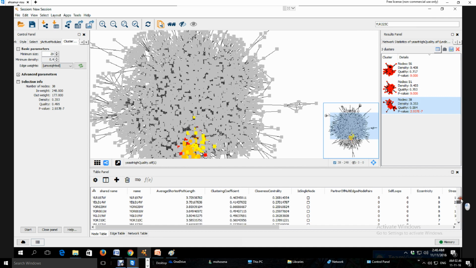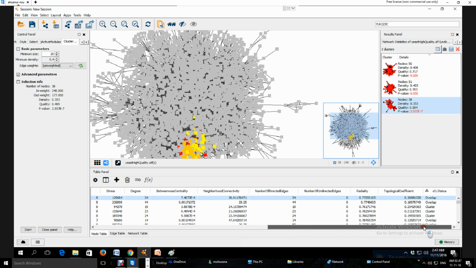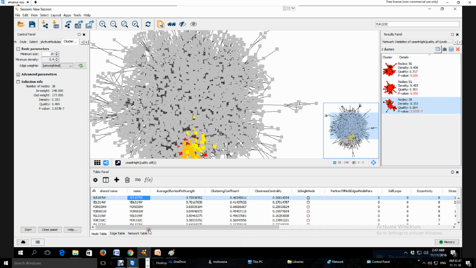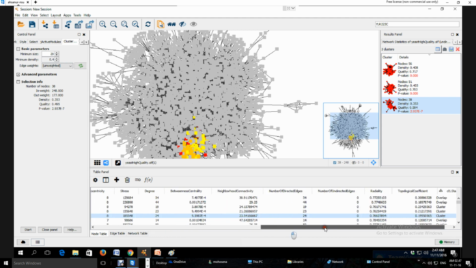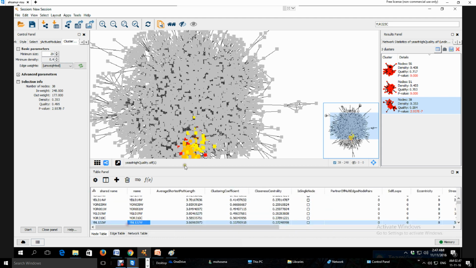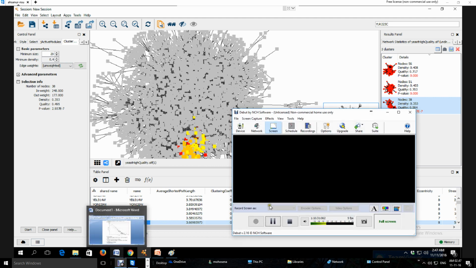Which are shown here. Now we can again go and look at what those genes do, if there is something common among those genes. Typically, genes in a certain cluster tend to have some common function, or they tend to participate in a common protein complex. So for that, we need another kind of analysis, which is beyond the scope of this workshop. For that, we need functional enrichment analysis. So I'm not going to talk about that right